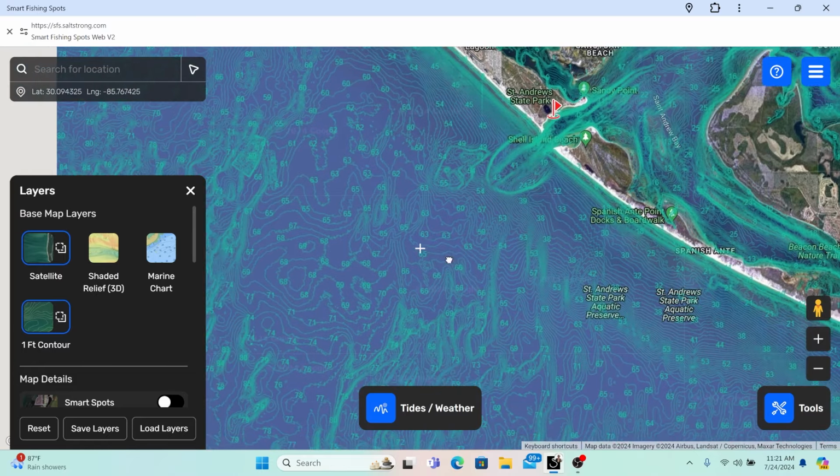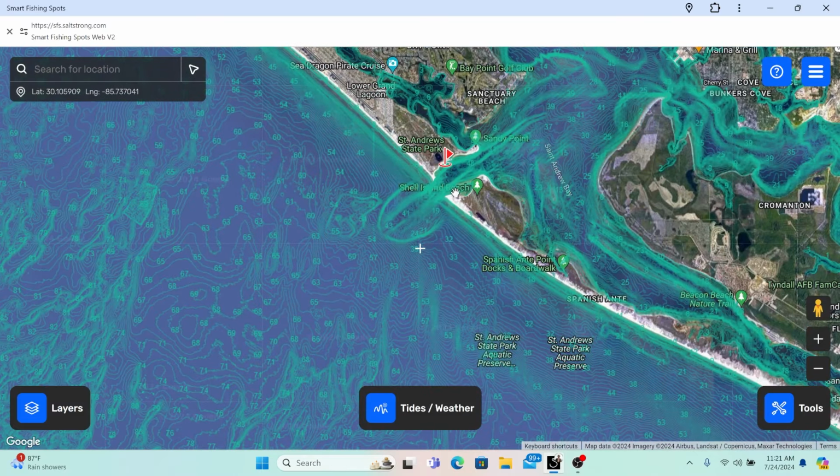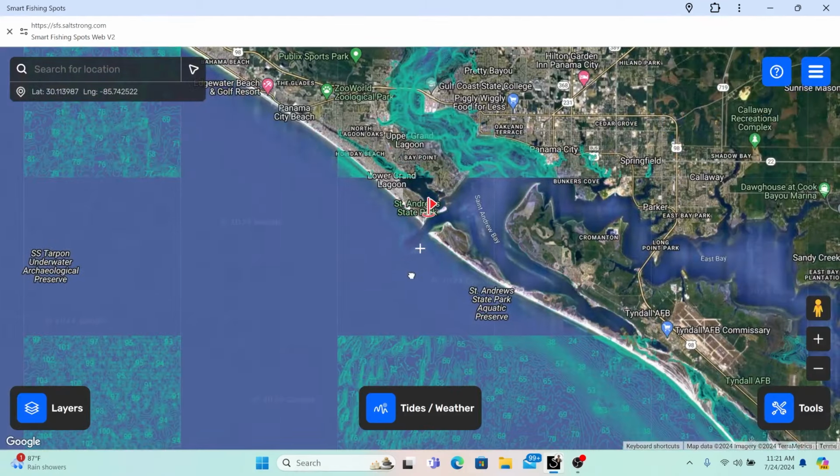And, you know, you go 14 miles out, you're in 100 plus foot of water. So first things first, that is the offshore access. And actually, since we're talking about offshore access, let's go ahead and talk about Crooked Island, which is down...